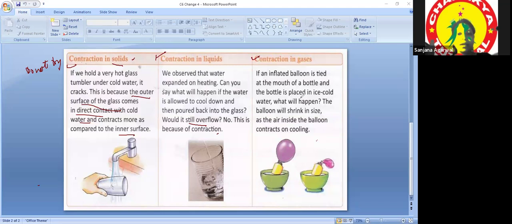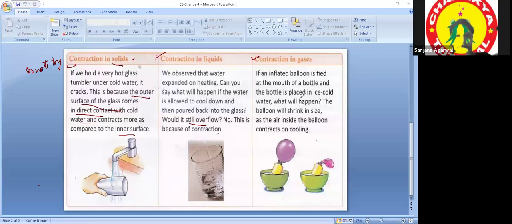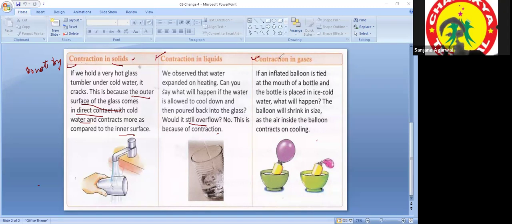What will happen if we do not tie the balloon, but we tie it at the mouth of the bottle and place that bottle in ice cold water? Now it will shrink. Because it sucks all the air into it from the balloon. Correct. So please try, and if possible, try to capture the pictures also, before and after, like